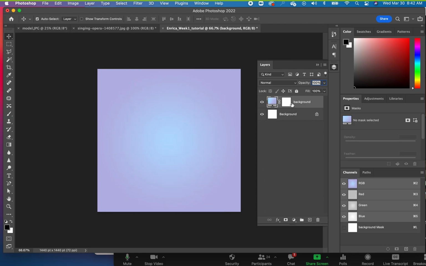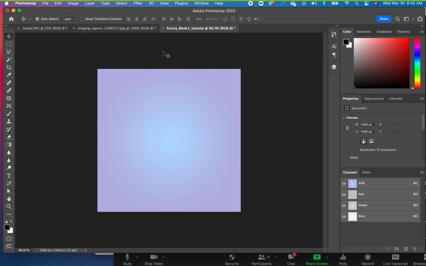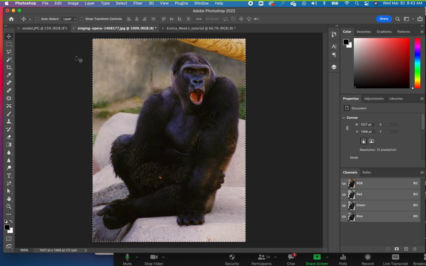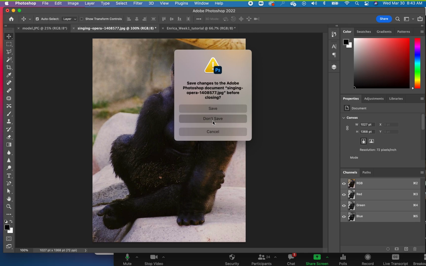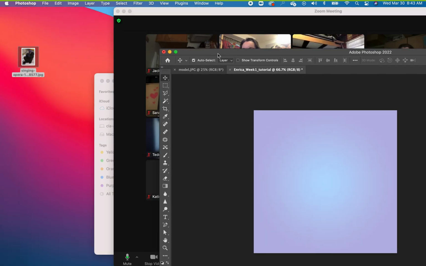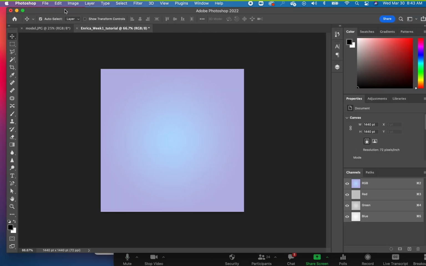You notice this is the layers we did. How do you use a smart object? Instead of doing Command A, Command C, Command V, you go and do, I know my gorilla is singing opera, I don't even need it open. It could totally be closed. In fact, let's close it. Actually, before I close it, where did I put it? I need to make sure I have it. Oh, right there. Perfect. So you can go and say File,